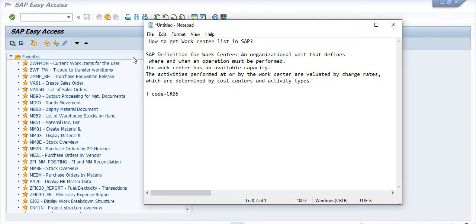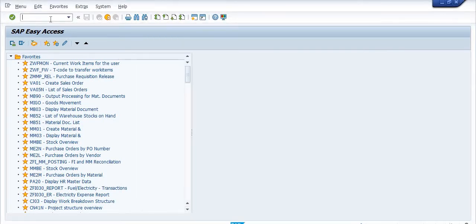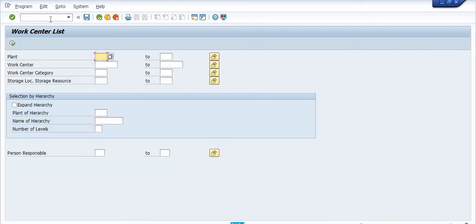So how to get the work center list in SAP associated with any plant? For this, there is a transaction code CR05. With CR05, you will get the list of the work centers already planned.